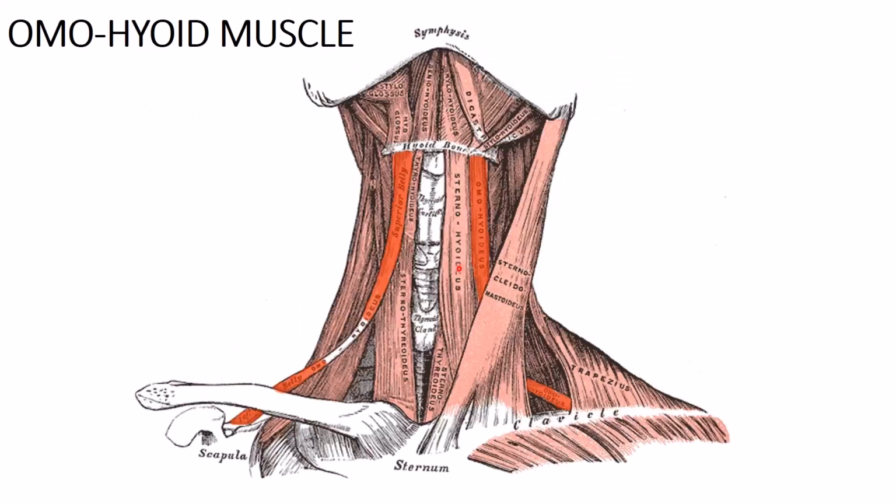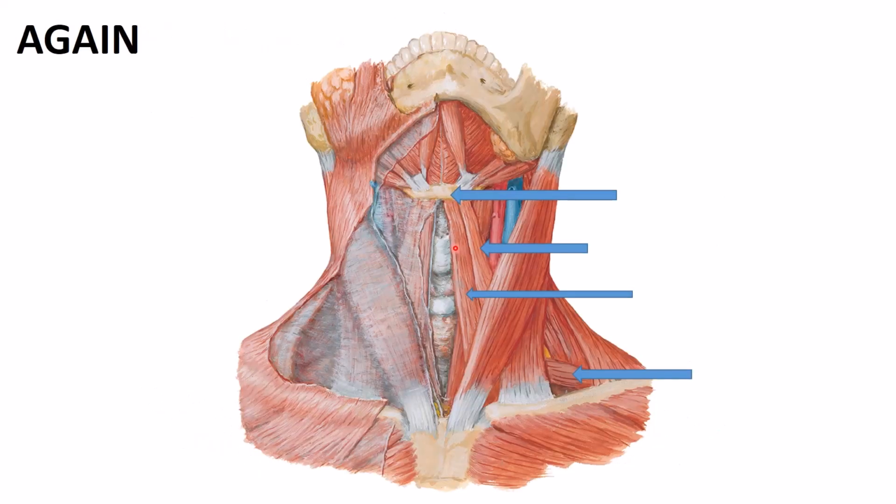Now, in this picture here, as we see, the sternocleidomastoid muscle, and just behind it, the omohyoid muscle that lies between hyoid bone and the scapula behind, and just medial to the omohyoid muscle, we find the sternohyoid muscle, sternum and hyoid bone. Okay, again, this is the hyoid bone, sternocleidomastoid muscle, the omohyoid muscle. This is the superior belly of omohyoid muscle, and this is the inferior belly of omohyoid muscle.